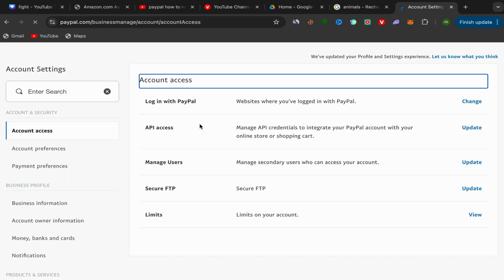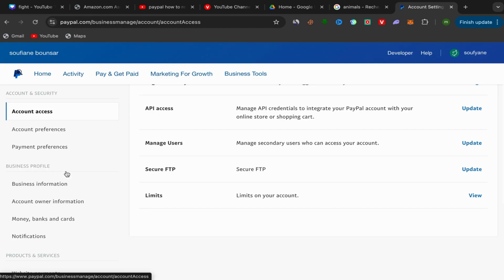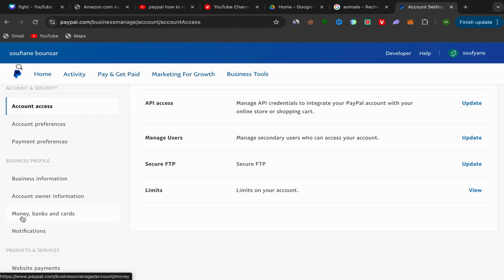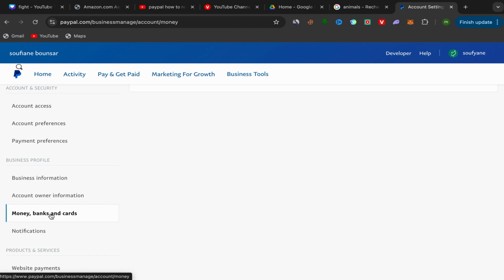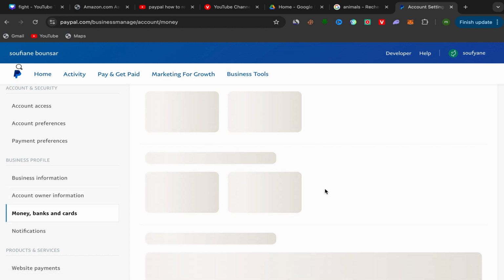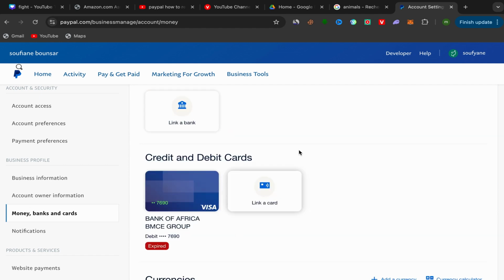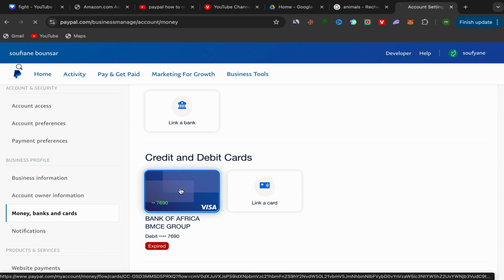Okay, as you can see, what you will do next, you have here account setting. Scroll down and go over here to money, banks and cards. Click on this one and you will be directly in this page over here, and you should see your credit and debit cards here. Click on your credit card like this